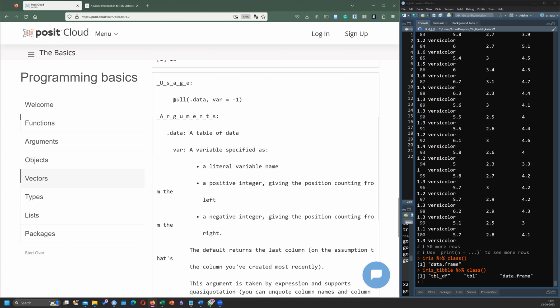What is the input, or argument, for the pull? It's a table of data. And then it's asking you to give a variable, and var is an optional argument because a default is already given.